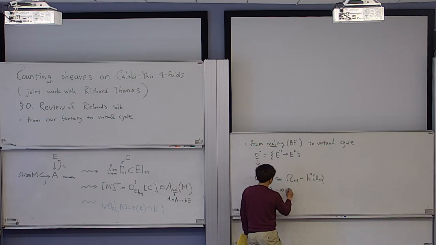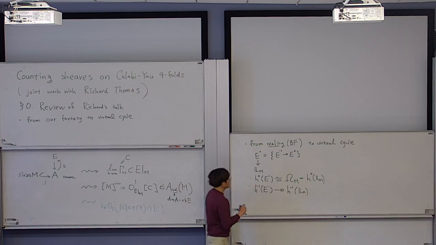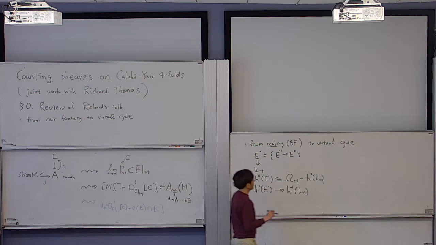I'll explain what this means. Anyway, we need such conditions. Anyway, if you are given this data called the perfect obstruction theory,